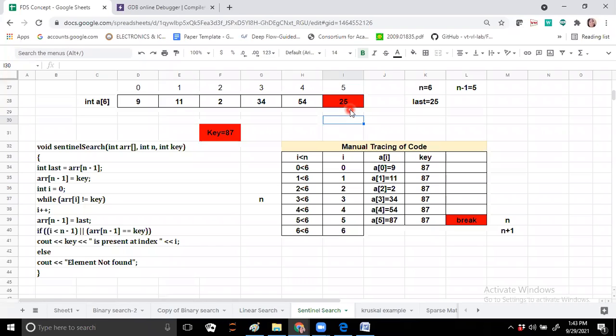At the end of search हमने क्या किया? जो लास्ट एलिमेंट था हमने कहाँ पे पुट किया था? एक लास्ट वेरिएबल में पुट किया था. इस वैल्यू को भी हमको कहीं ना कहीं वर्क में लाना है, सर्च करना है. तो फिर से 25 को हमने क्या कर दिया? फिर से n minus 1 की पोजीशन पे डाल दिया.